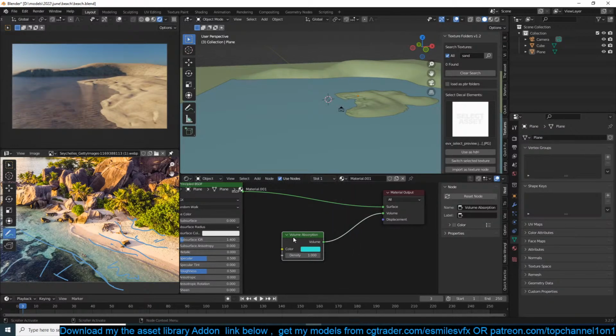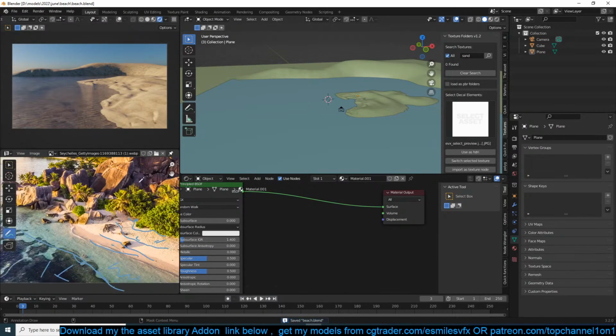Doesn't seem to do much here, but that's okay. We can come back to that. What's the shortcut to connect a node? You just hold down shift and drag from one node to the other. Okay, let's add